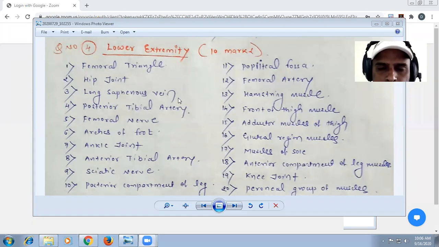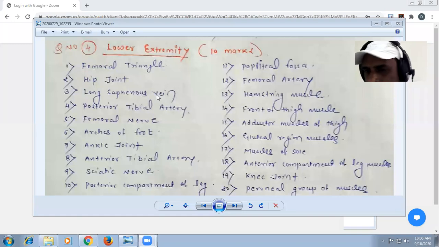All these are the landmarks of the long saphenous or great saphenous vein. Starting from the medial end of the dorsal venous arch, it passes in front of the medial malleolus, along the medial border of the leg, passes behind the knee, inclines forward to reach the saphenous opening in the thigh region, and opens into the femoral vein. So this is all about the long saphenous vein. About the valves within this, it may consist of 16 to 20.